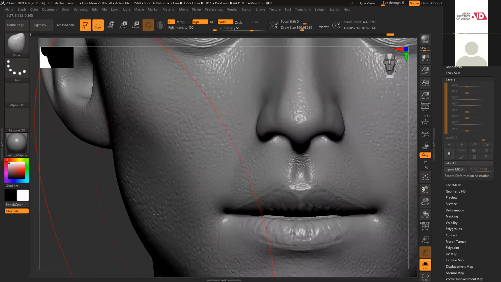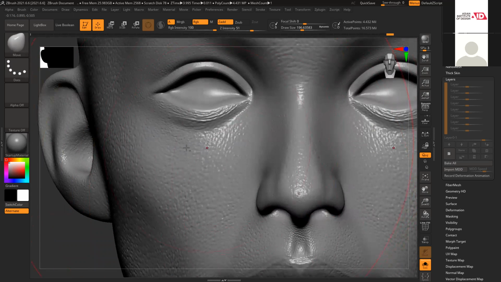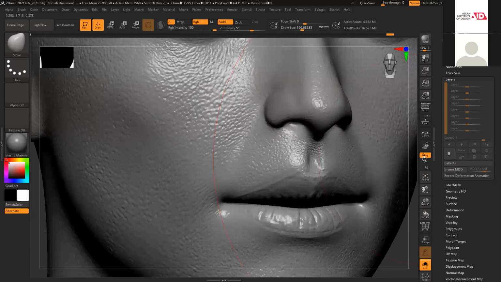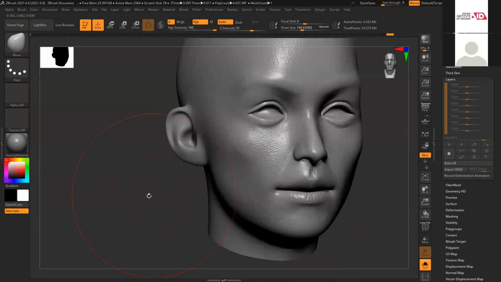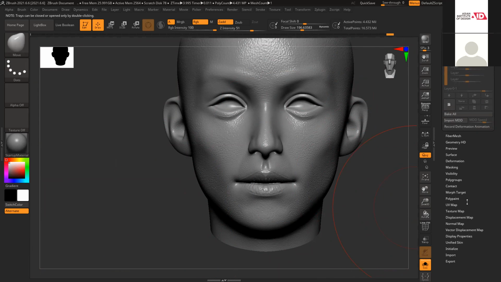Now, if I want, I can modify a few things and add more detail here if I need that. Here I can see all these cavities, details, and everything is visible. What I'm thinking is to make them slightly stronger. So I'll go to masking.